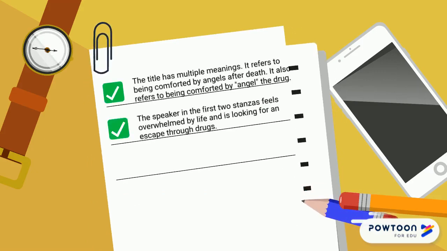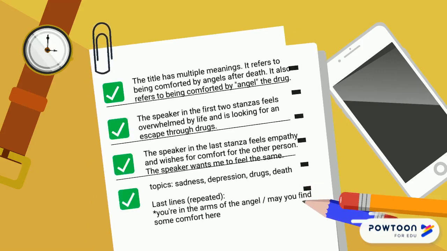In poetry, the last stanza or last few lines are often your biggest clue to the theme. It's like the conclusion paragraph of an essay. The writer is wrapping up their thoughts, so make sure you think about those lines when determining the theme. Pause the video now so you can read through the rest of my notes.